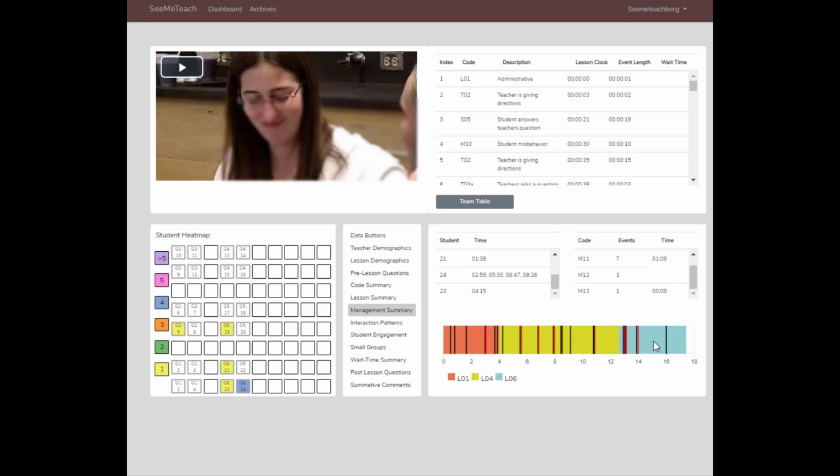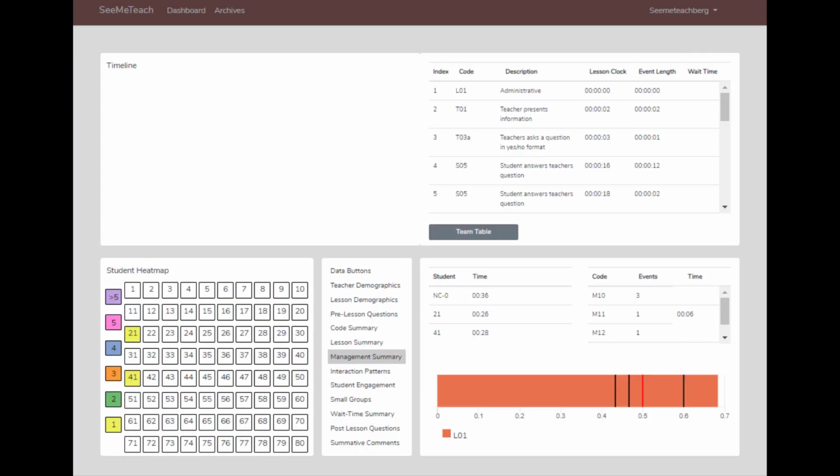The black bars are the student misbehaviors. The red bars are where the teacher intervened. Well, let's take a look at a different lesson, and let's look at the management data analysis. So here when you click on management summary, we have the student heat map. We have 2 students that have 1 incident of a misbehavior. If we go over here, that's because we coded student 21 once and we coded student 41 once, and we had 1 other